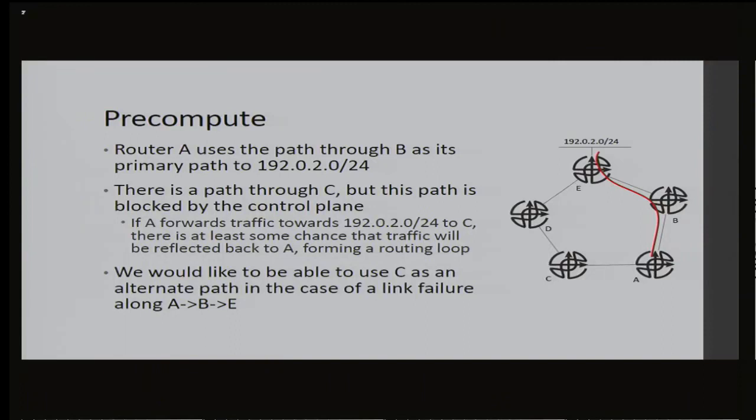What was the maximum convergence time of an IGRP network? Not EIGRP, IGRP. 9 minutes. RIP, 180 seconds to 3 minutes. OSPF, if you count all your timers out, your maximum is in the 2 to 3 minute range. So what did we do? We tried to make it route faster. The first thing we do is LFAs, and we do a pre-compute.